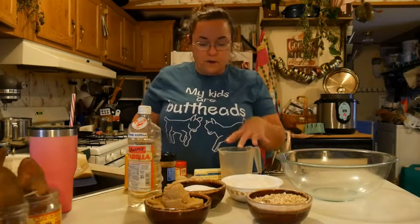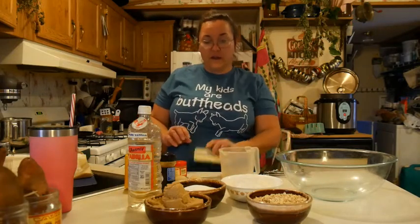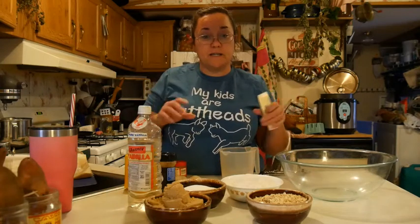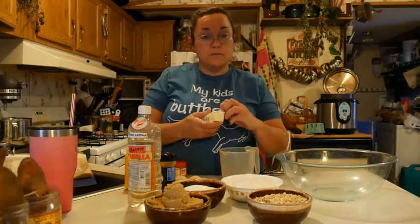I've got most of my ingredients measured out, not completely all of them, but most of them. And I'm going to start with the first step. Usually I do this first step and then get my other ingredients ready, but to make this faster on you guys today, I've got everything measured out already. So first step is to take one stick of butter